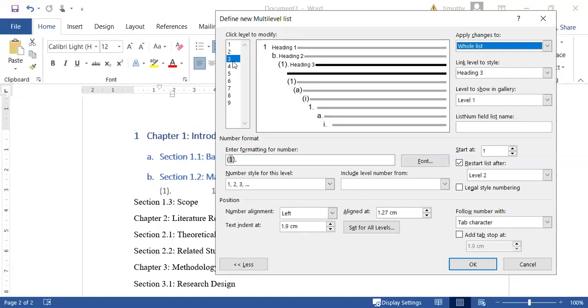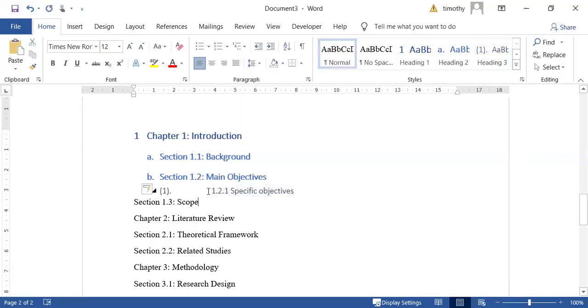So now, when you see that there's a lot of space, you might have to play around with this to see what works best. Sometimes you do space, sometimes you do nothing. Let me just do the space and see what happens. When I click OK, make sure the changes you are going to make apply to the whole list. Then I click OK. Now, when I realize that it doesn't work, I might have to